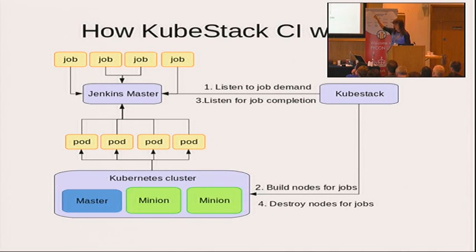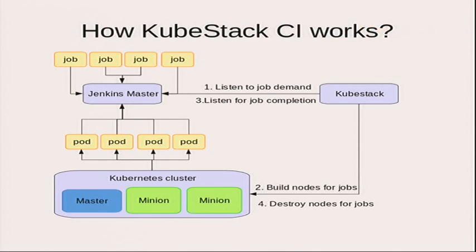So it detects this demand, connects to the Kubernetes cluster, and asks it to build pods. The pods are just like a simple Docker image. The only requirement of this image is that it is able to act as a Jenkins slave. You need to have Java installed there. You need to have the generality command to connect to the master, and that's all. So once a demand is detected, Kubernetes spins up a new pod. It connects to the Jenkins master, and then Jenkins, as soon as it has it available, executes the